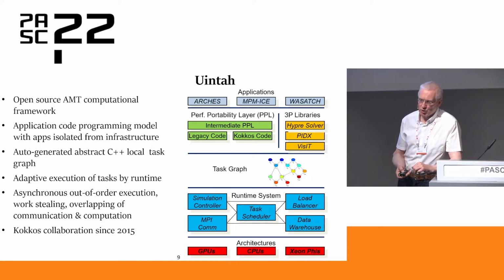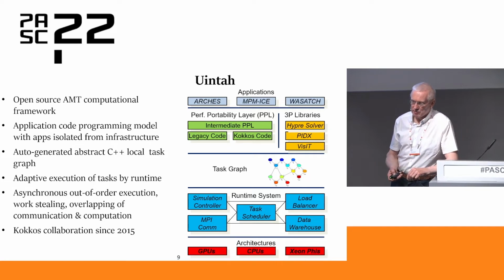We have a performance portability layer that I'm going to talk about, which is essentially how we write our loops so that they can be mapped onto CPUs and GPUs. We make use of the outstanding hypre solver that's been developed at Lawrence Livermore by Ulrike Meier Yang and Rob Falgout and various other people. And we use VisIt for visualization and an I/O library called PIDX from Valerio Pascucci and his group at Utah. And underneath all of this is the task graph approach that I talked about,